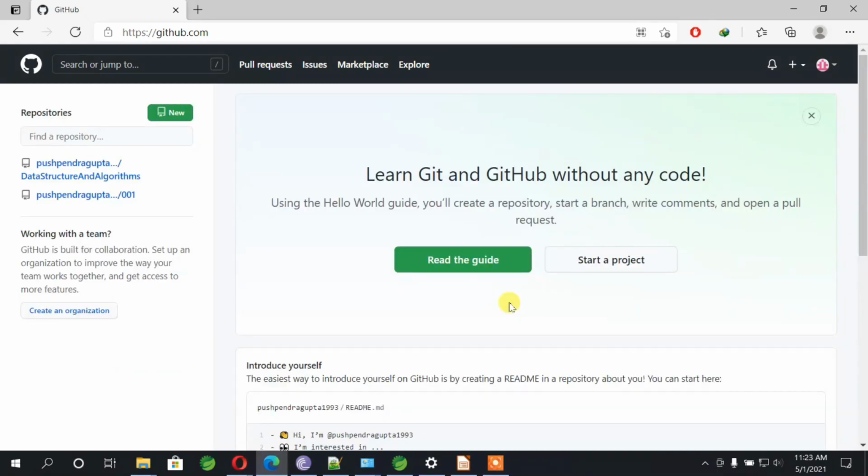Hello everyone, welcome back. Today we are going to see how we can create a repository in GitHub, and how we can push the code from our local repository to GitHub. So let's get started. If you can see, I have logged into my GitHub account,